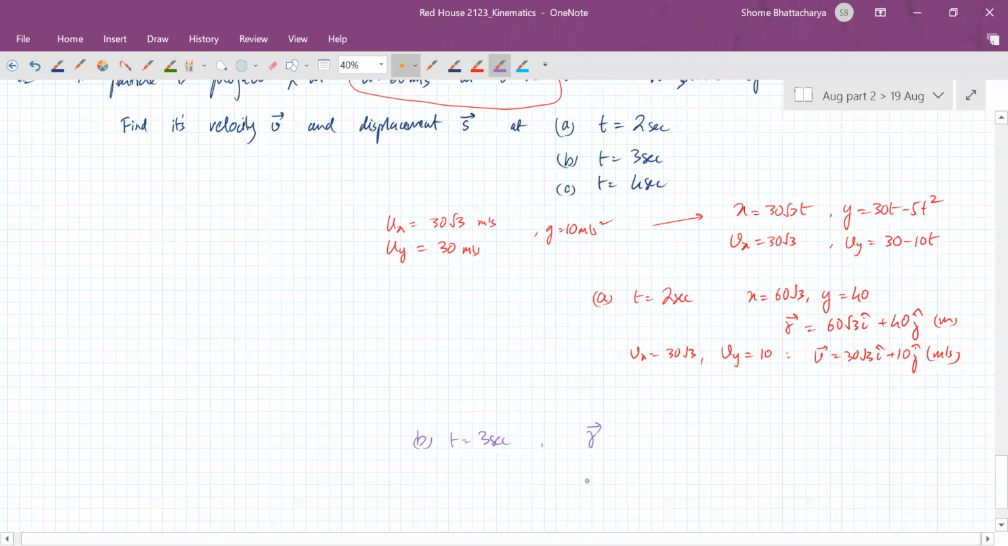Your velocity will only have horizontal component, whereas this will be 45 J cap. Okay. And again at t equal to 4 seconds, so your position will become but back to 40 J cap. Okay. And your velocity